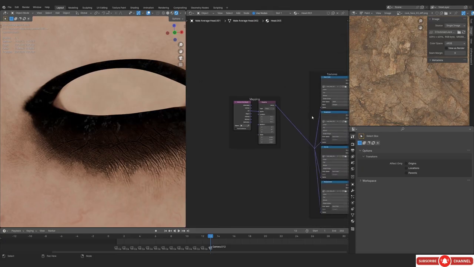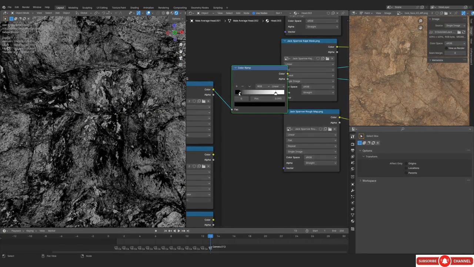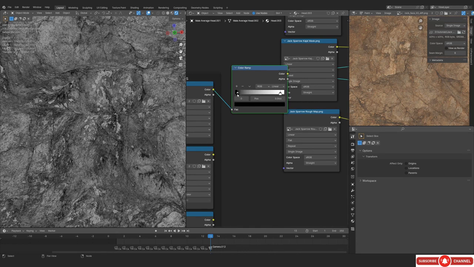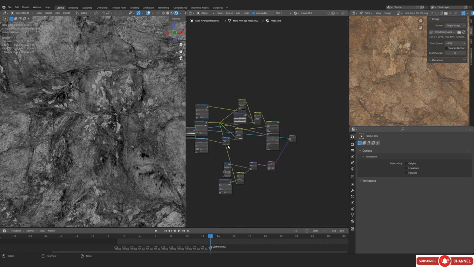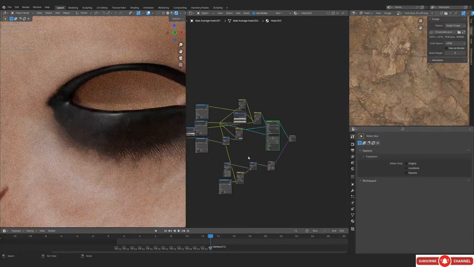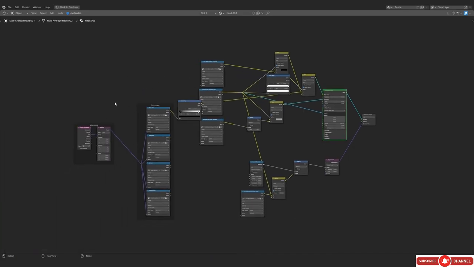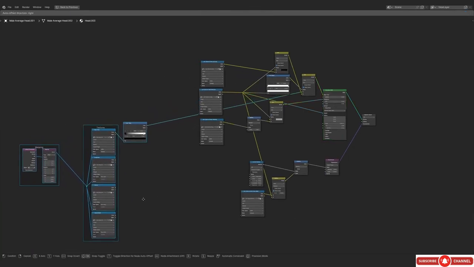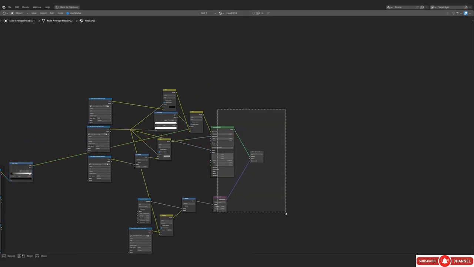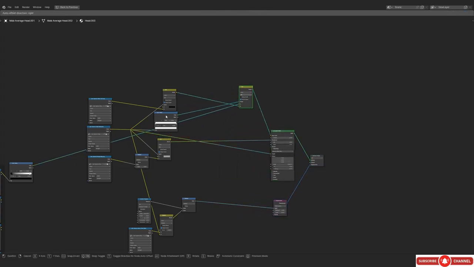So we can play around with the scale. If you feel like the scale is a little bit too low, you can actually just change that. Also, don't increase contrast too much because some details could be washed away because of that, and we don't want that. So I think for the color this should actually be okay. We don't really need to do anything else for the color. I'll just push it back to make some room, and now we can just play with the displacement and the normal,